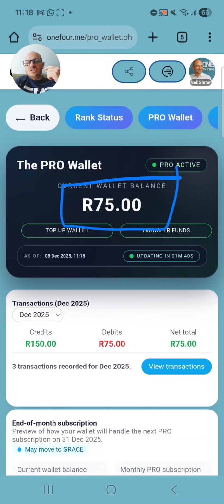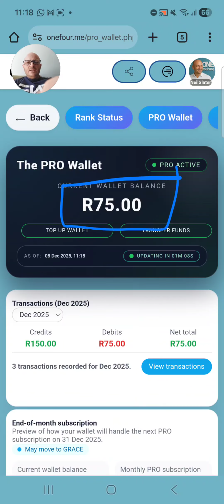If someone is struggling, if one of your close users, people who you want to register, is struggling to pay money in through PayFast or whatever, or they don't have the means, then what you can do is they can give you the money. You can then top up your wallet, transfer that money into their account, and they can then use it to register. Okay, they will be able to use it to register their LLA, or also to register as a pro, to go pro.